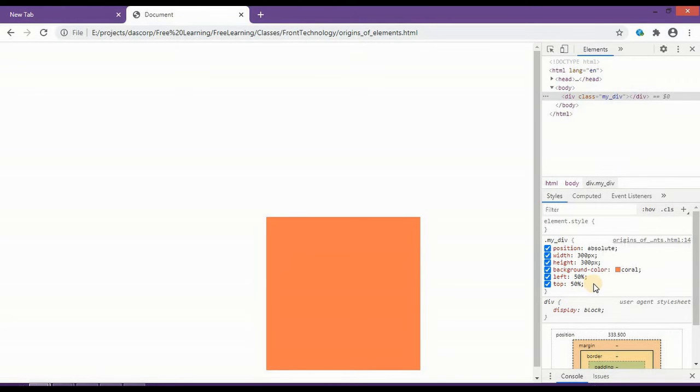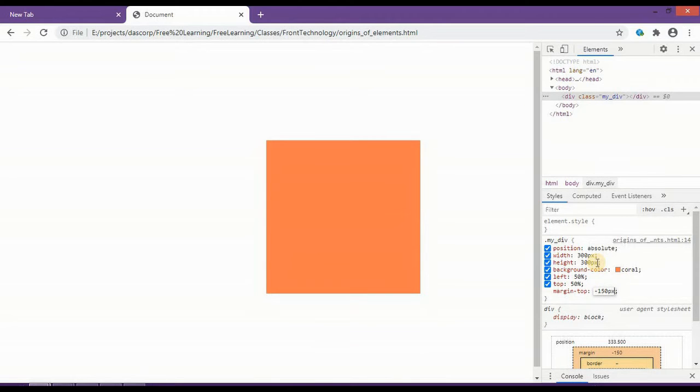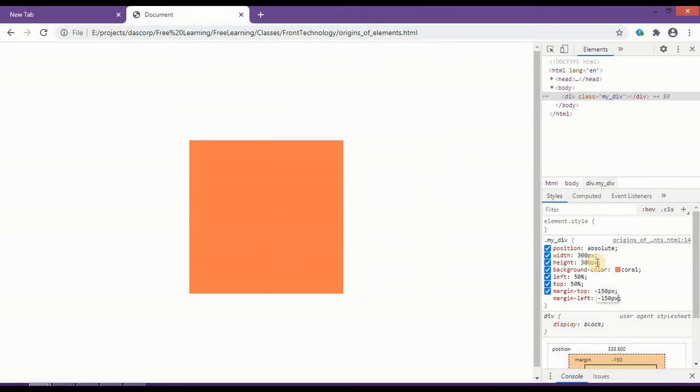So for that most of the developers prefer to take a margin top in negative value. So I'll take a margin top. So we'll do the wrong way, or not wrong way, the amateur way, which is going to be minus half of the height, which is like 150 pixel, and then the margin left is again the negative half of this width, which is 300 pixels, so 150 pixel.